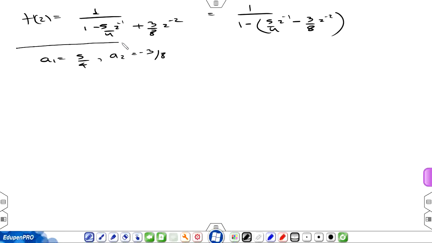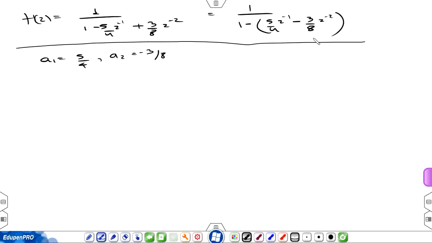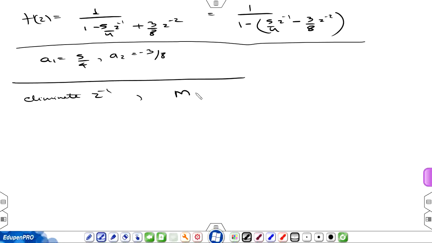So this was the filter that I had taken. This can be written in the form 1 upon 1 minus, with the common factor in brackets, 5 by 4 z^-1 minus 3 by 8 z^-2, because this term is minus. So it has two coefficients, a1 is plus 5 by 4, a2 is minus 3 by 8. Suppose I want to eliminate z^-1,